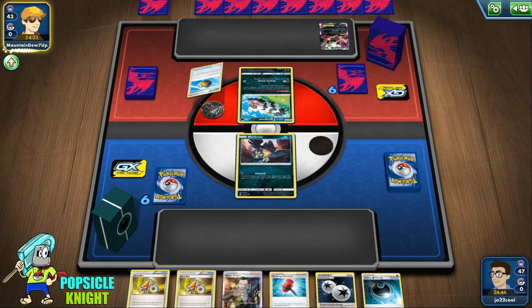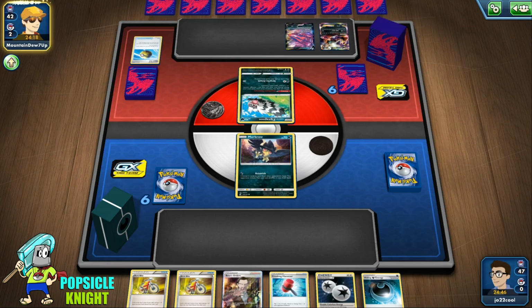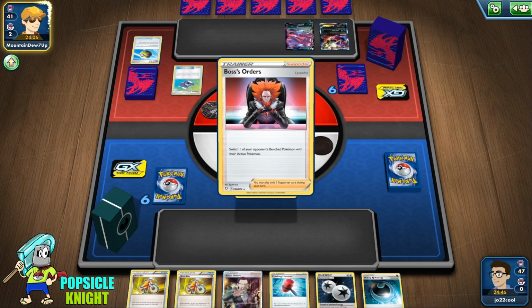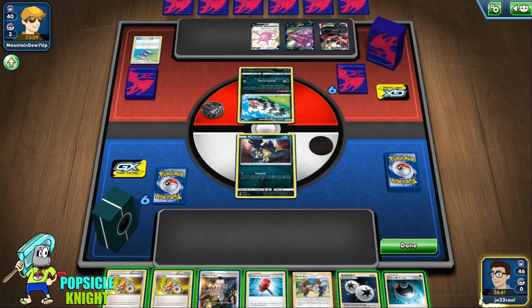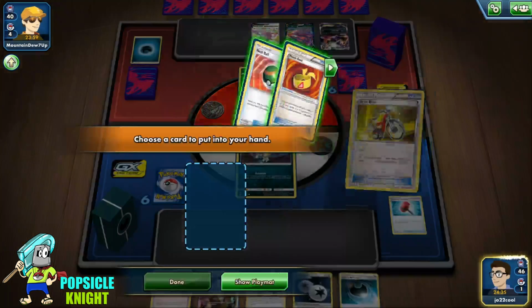You won't win every game, you'll probably lose a lot of games, but at the same time there's a lot of games that you can win really quickly just by shutting them down on your very first turn. So we're up against an Eternatus VMAX, or a dark type theme build, and this could get really ugly because Eternatus VMAX can hit really hard, but crushing hammers can just take